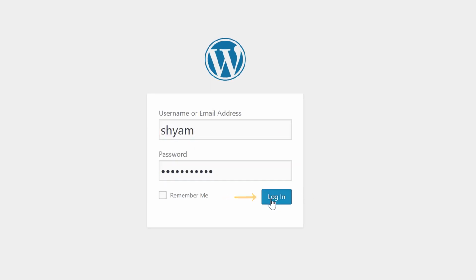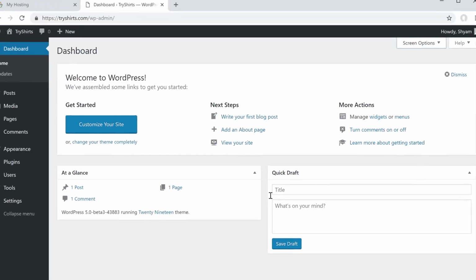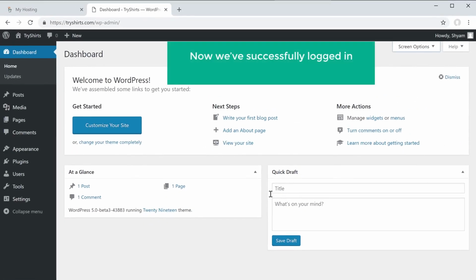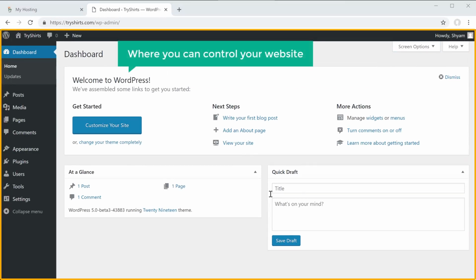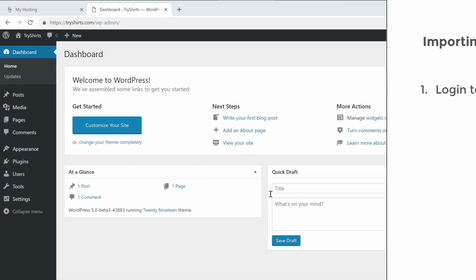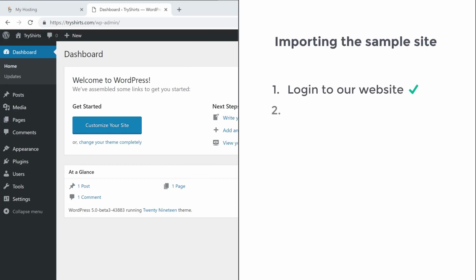And then click login. So now we have successfully logged in to our WordPress site. So this is the place where you can control your website. So once you have logged in, we can now go to step 2 of importing the sample site, which is